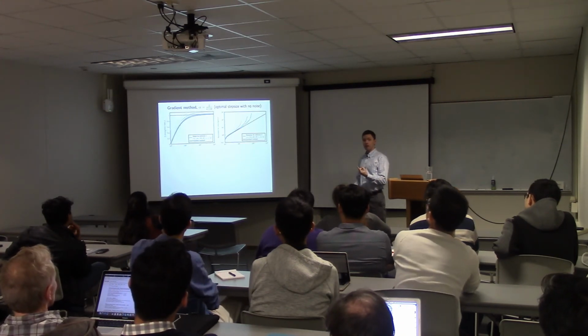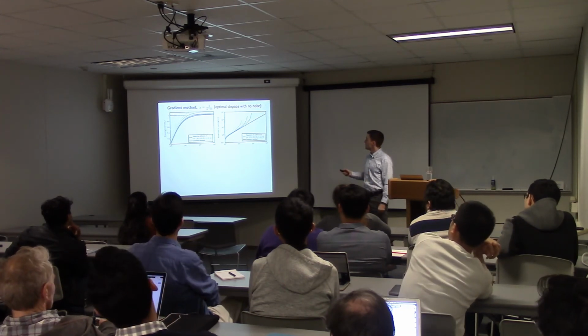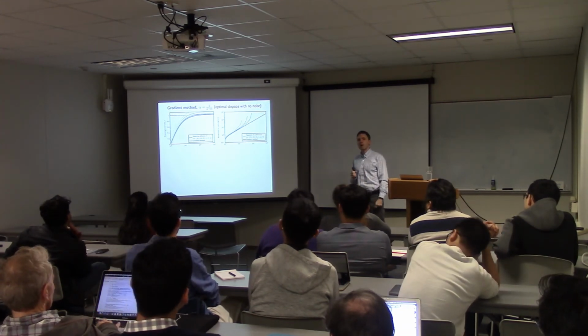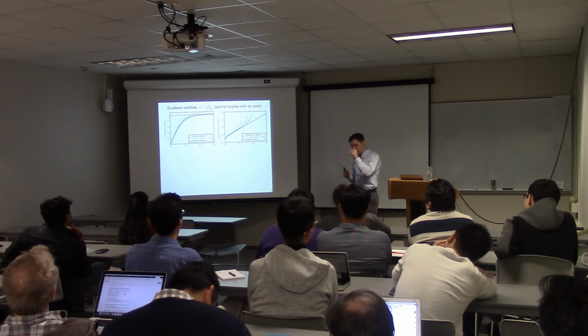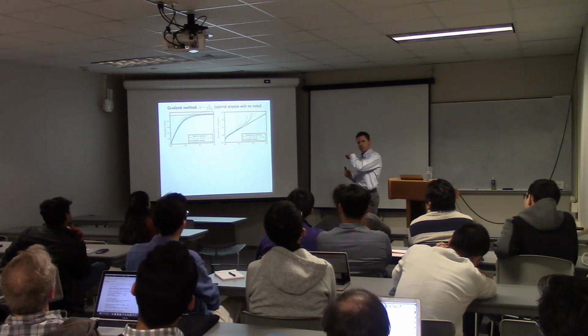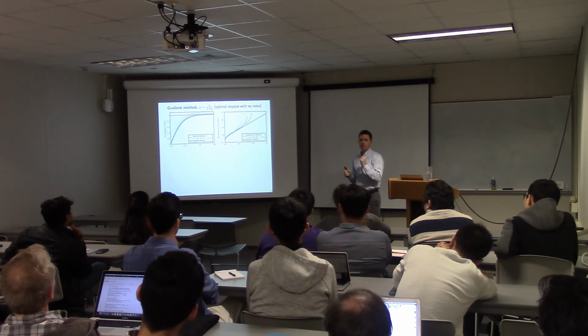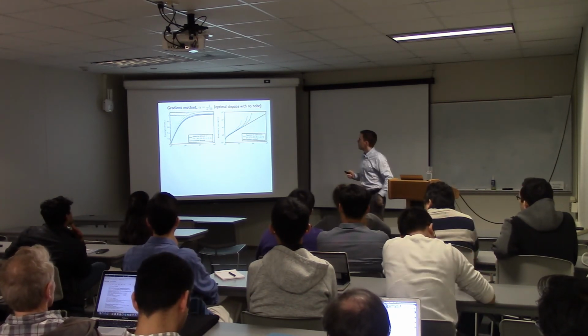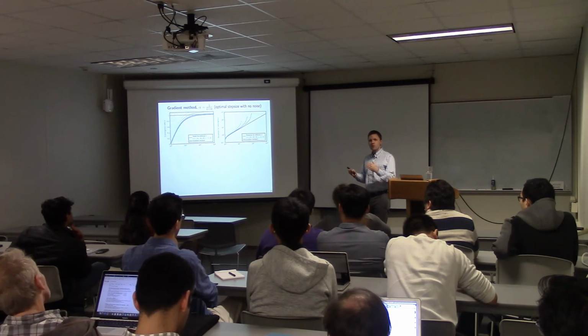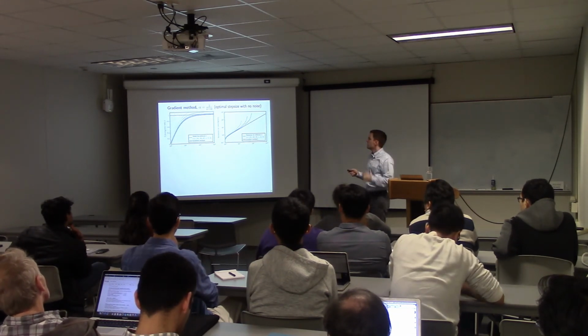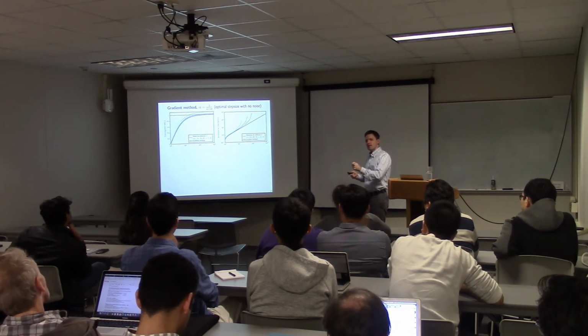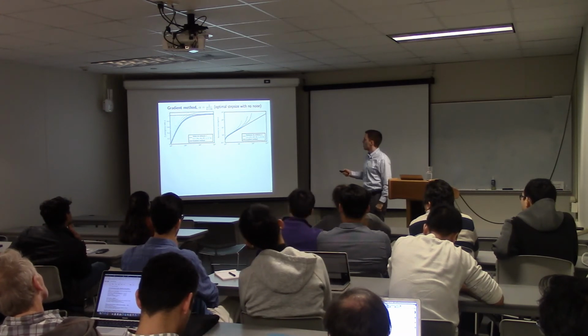Well, let's look at the gradient method first of all. So this is the gradient method with the most aggressive possible step size you could pick. This was the step size I showed you in that first slide. If you make the step size any larger, you'll be unstable. This is the most aggressive step size. And what you can see here, perhaps not surprisingly, you're right on the boundary of stability. So if I were to add any noise to my gradient, then I'm no longer going to have these guarantees that I had before.